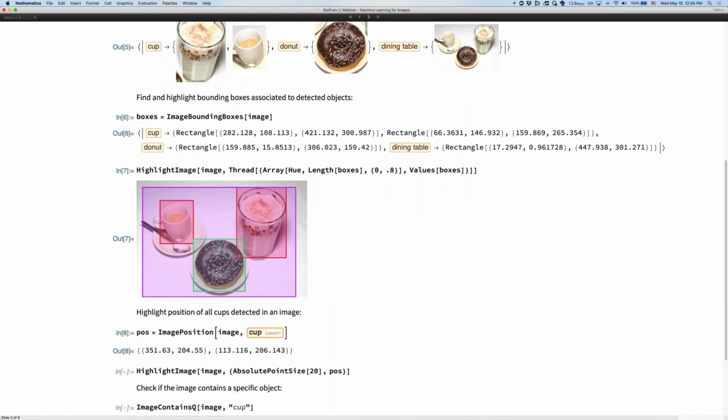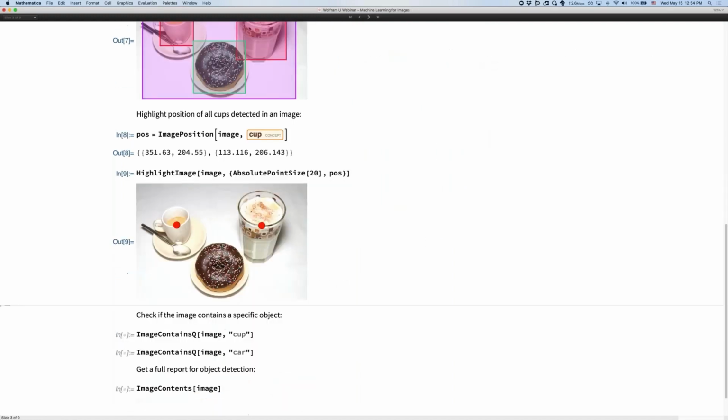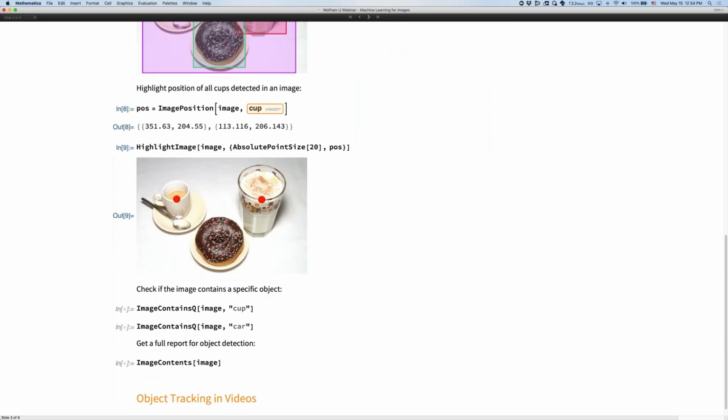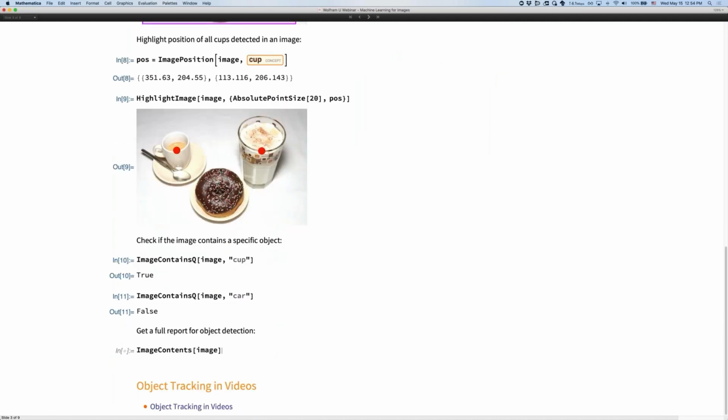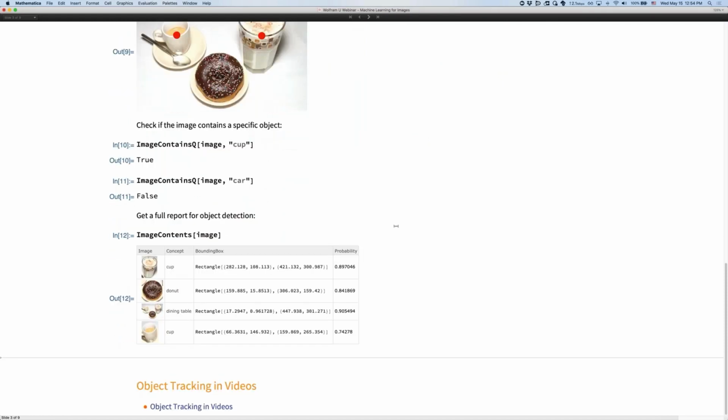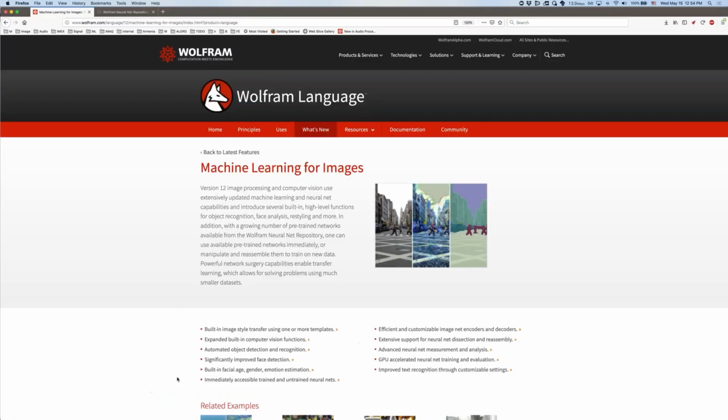So easy additions to what we have above, but fairly useful if you want to write a script that does just one thing or another, or does this image include a cup, and does this image include a car, and so forth. A function that wraps basically all of this information into one big data set is image contents. And all of those are built in. Expect improvements for the number of categories and speed, quality, all of that is on the track. The functions are marked experimental, and that's the main reason, to make improvements all along.